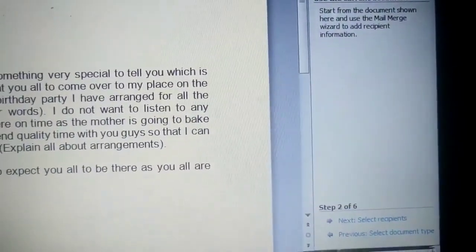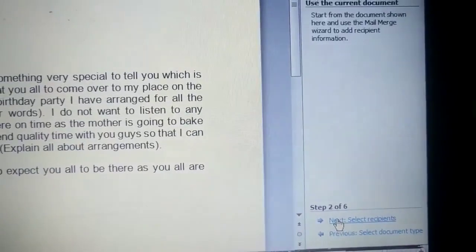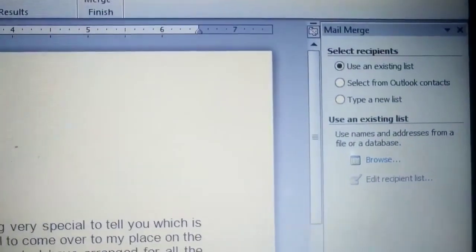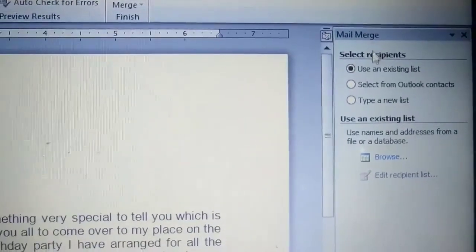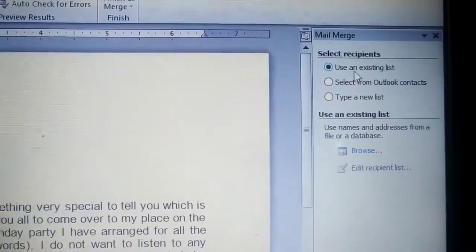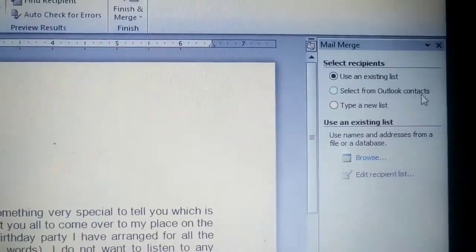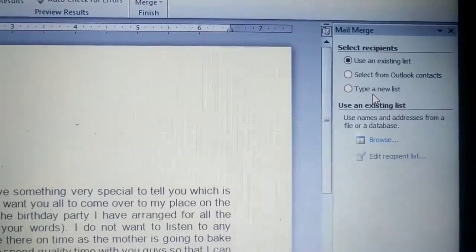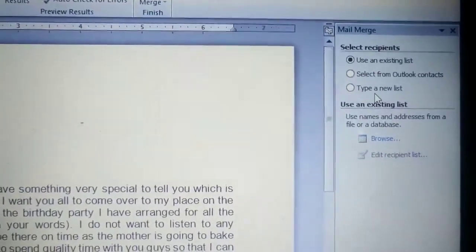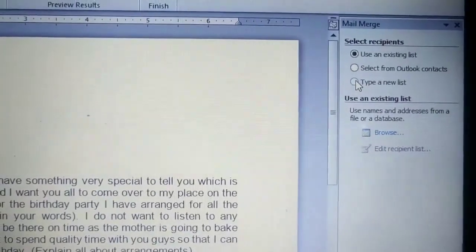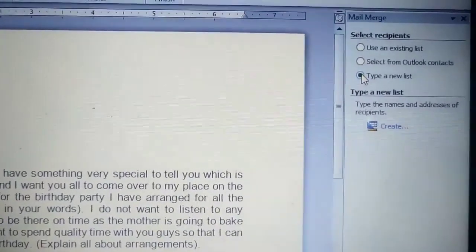Then click the Next option again. Then the Select Recipients option will come: use an existing list, select Outlook contacts, and type a new list. As you are doing the mail merge for the first time, no contact list exists with you, so you have to choose type a new list.